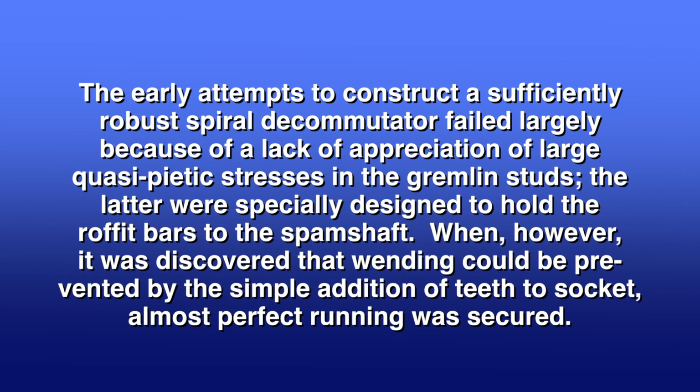The early attempts to construct a sufficiently robust spiral decommutator failed largely because of the lack of appreciation of the large quasi-pietic stresses in the gremlin studs. The latter were specifically designed to hold the row-fit bars to the span shaft. When, however, it was discovered that wending could be prevented by the simple addition of teeth to socket, almost perfect